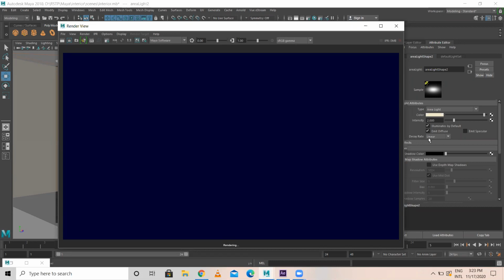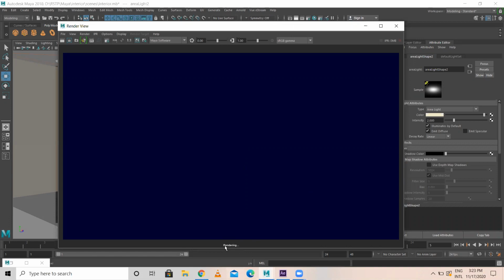You should understand what is emit diffuse. Diffuse is nothing but color. Emit brightness. Okay. These lights have a decay rate. Decay is nothing but a kind of falloff. When light travels a distance, automatically the light dies also. If you place any object near the light source, it will be brighter. Take the object a bit far away from the light, and automatically the brightness level is less. Okay, so these are the other things. When we increase values and start working on it, things take a lot of time to render. That's what it is.